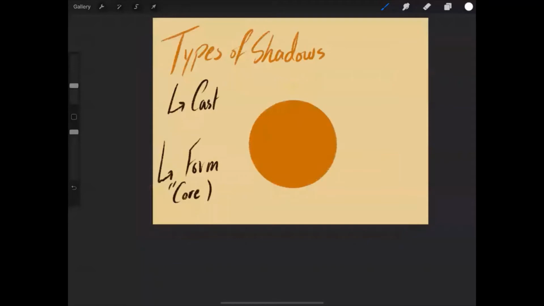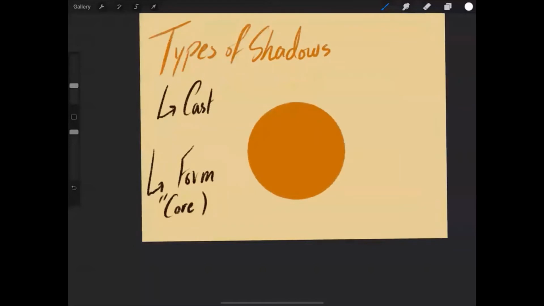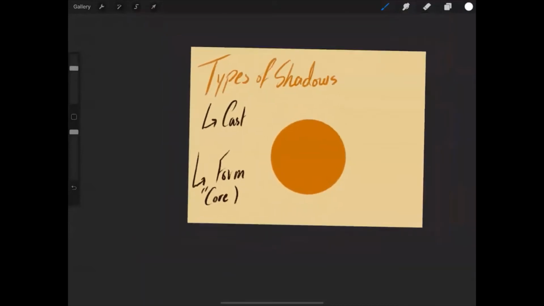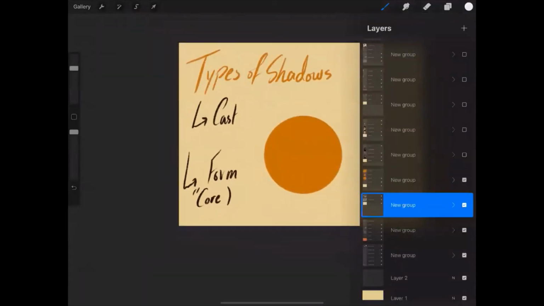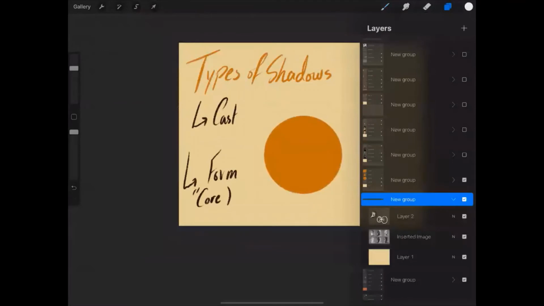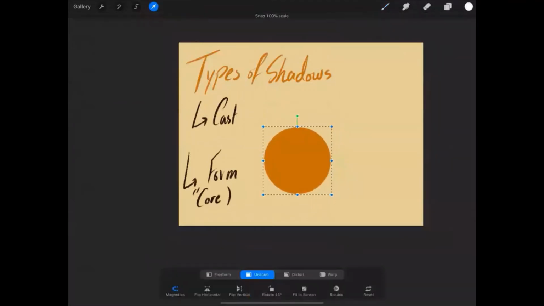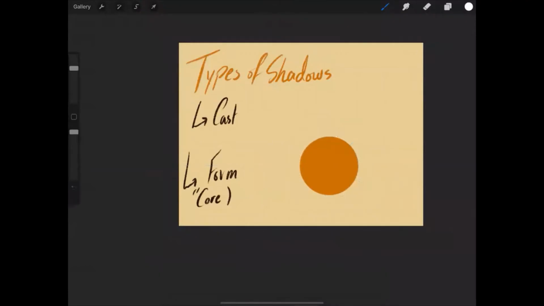Okay. So let's try doing this. I just need a brush. Yeah, this one. Okay, so let's see here. We have 2 types of shadows. We have cast shadow and we have form shadow. So what is a cast shadow? If you could guess from the word itself, it means the shadow that's being cast